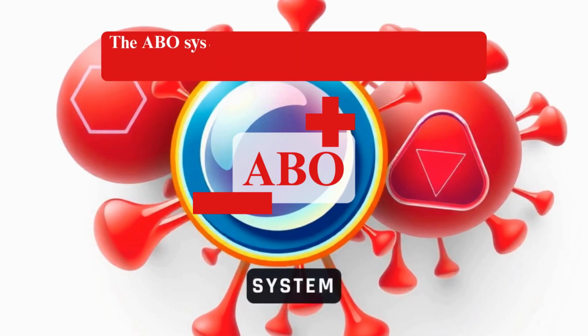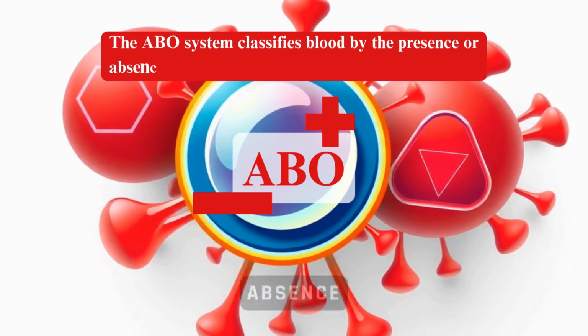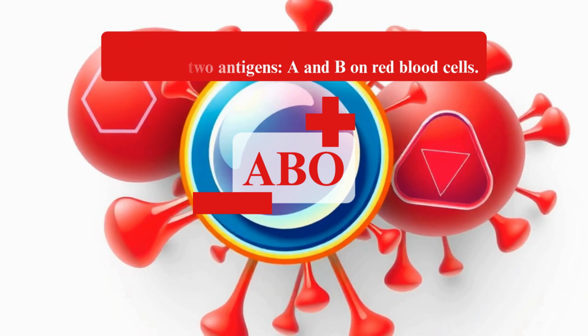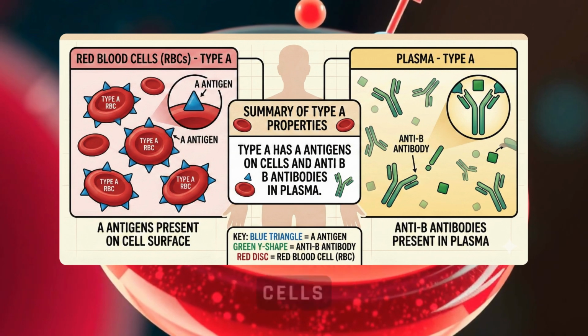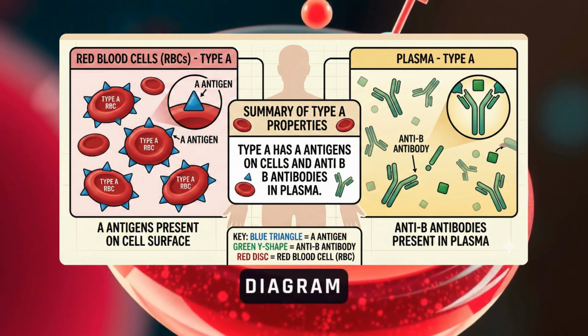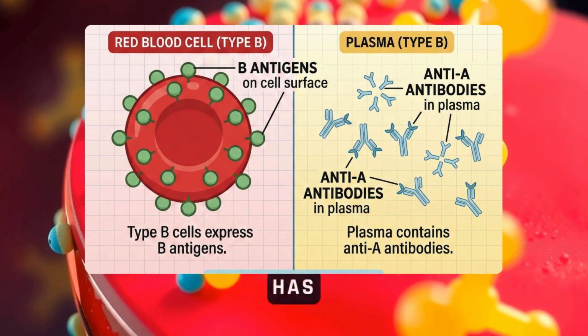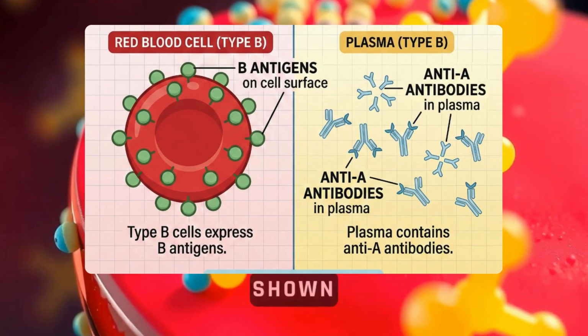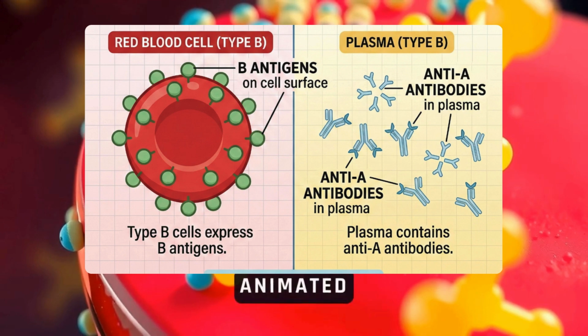The ABO system classifies blood by the presence or absence of two antigens, A and B, on red blood cells. Type A has A antigens on cells and anti-B antibodies in plasma. We show a labeled diagram for clarity. Type B has B antigens on cells and anti-A antibodies in plasma, shown here with clear labels and animated antibody